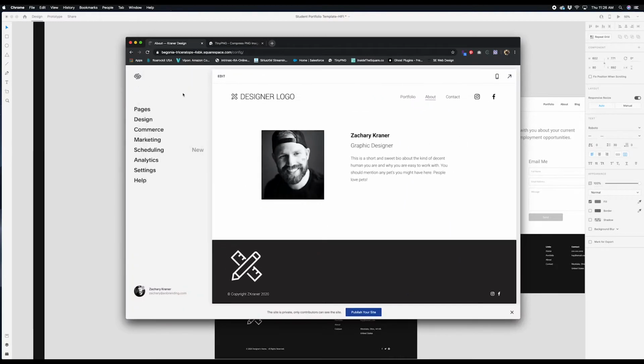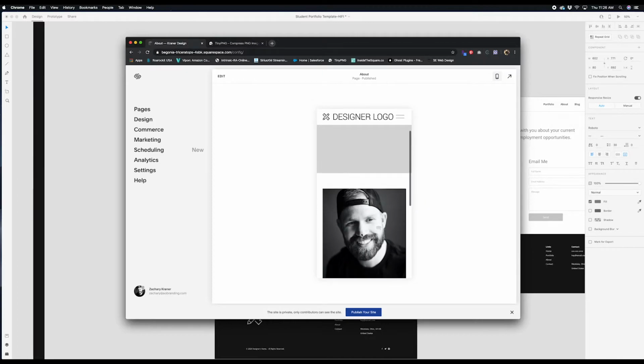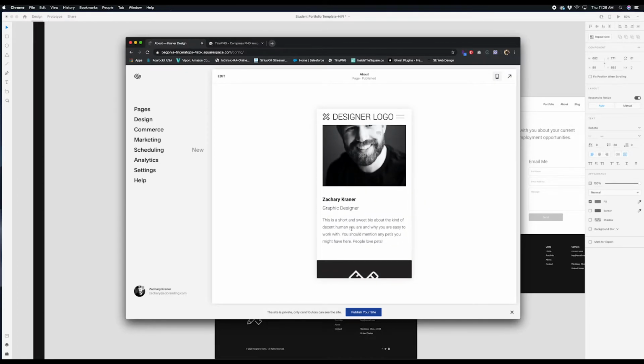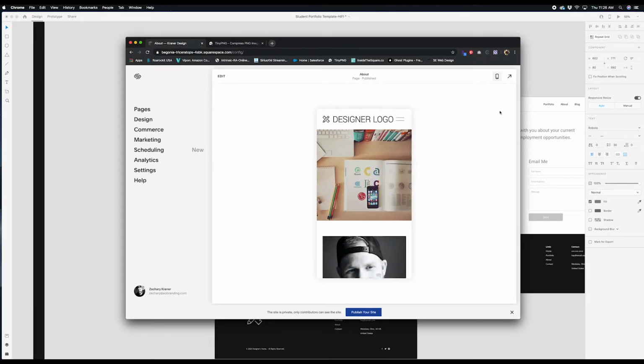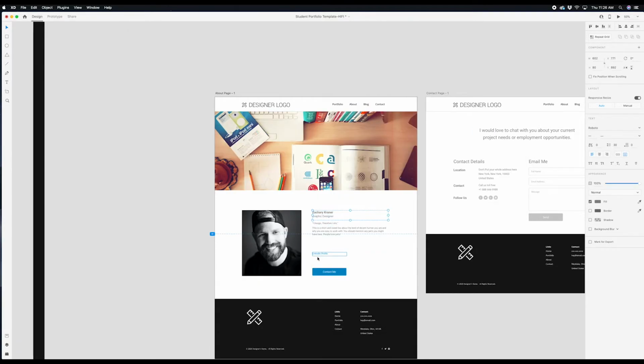So we save. If we view it here, it should stack nicely. Nice. Image left, copy right. It will stack like that when it goes to mobile. That'll look sweet on a cell phone. LinkedIn profile, there's a contact me. So